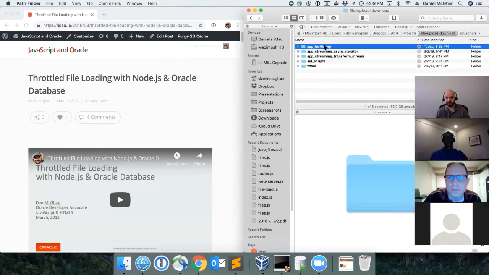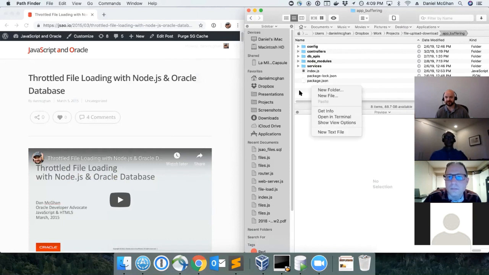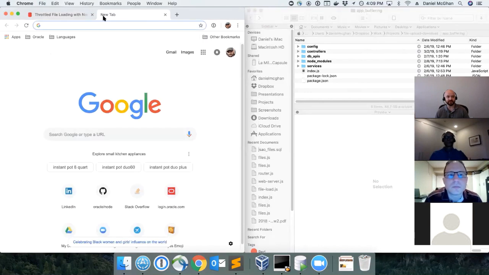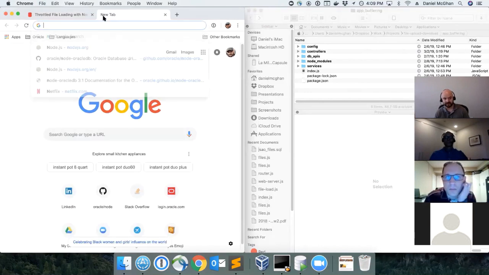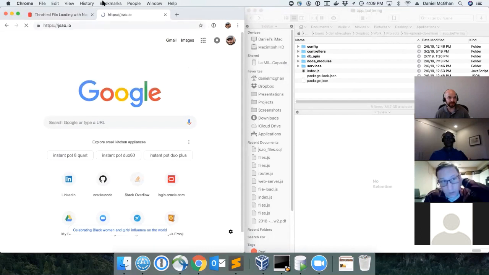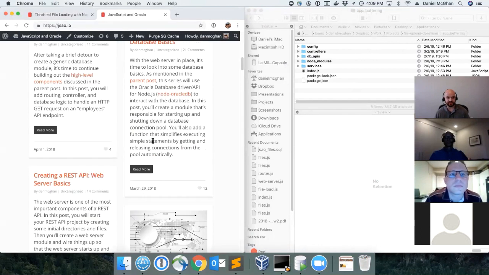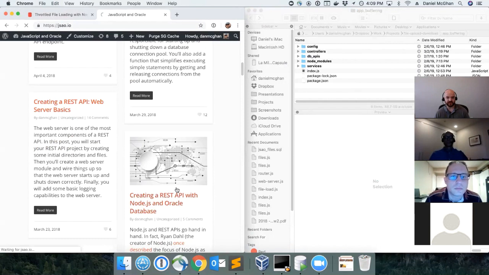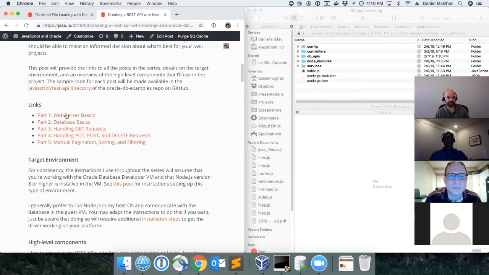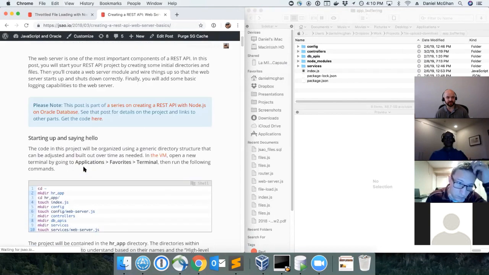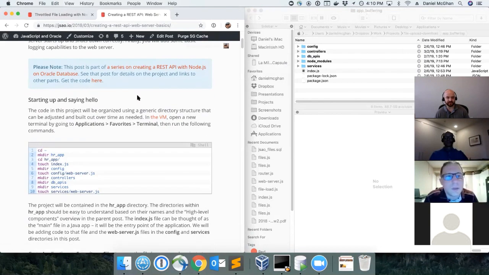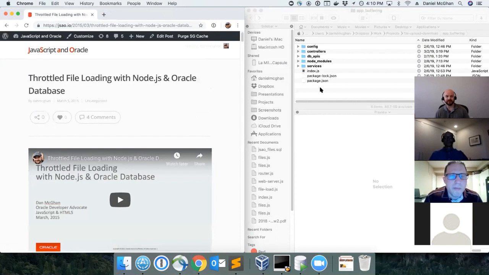And I'll go into the buffering app, and I'm going to start this up. Now, if you look at the file structure here, and that looks familiar, there's a reason for that. I did a series before on my blog. Just got to remember how to type. And it's here, this series, and I described the file structure, I believe, in the first part here. So if you're curious, want to learn more about the file structure and how I put it together, start with that series. But what I did, I just copied basically the finished product from that series and then just modified a few files to not work with employee data, but rather files.